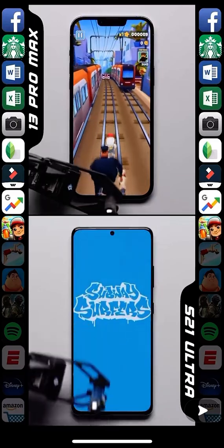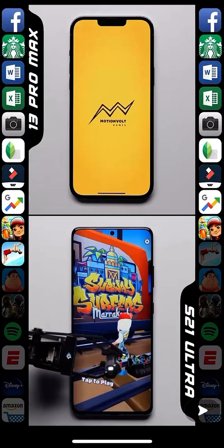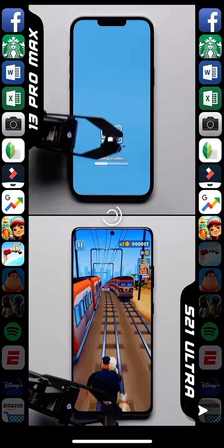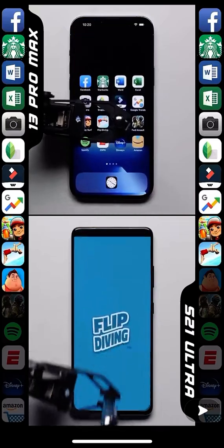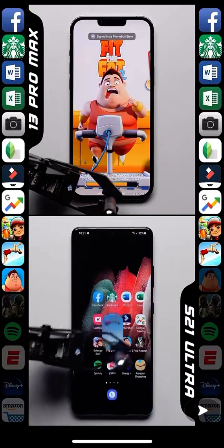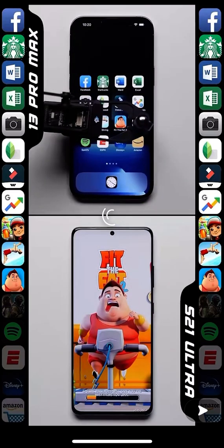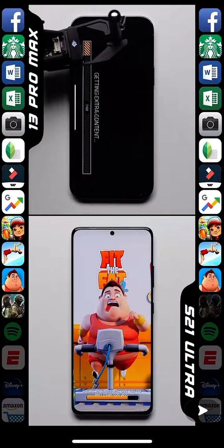the Galaxy isn't too far behind, with it completing the browser test at about the same rate, joining the iPhone in the gaming row, where it trails by only around half an app, so still plenty of time for the S21 Ultra to make a comeback here, especially since historically the Galaxy is faster at loading the more lightweight apps in the bottom row. But for now, it needs to make up some ground here in the gaming row, where at least so far,